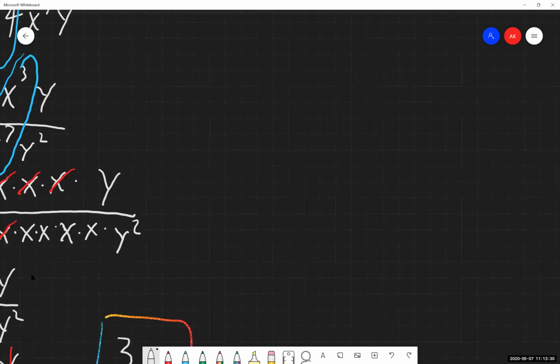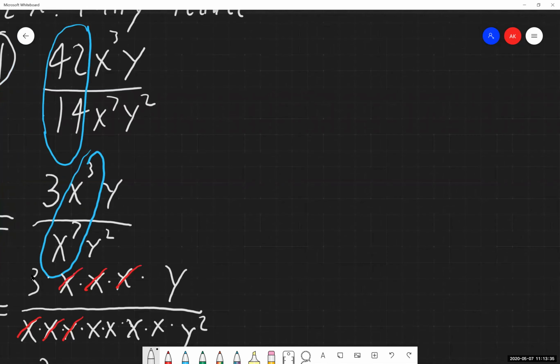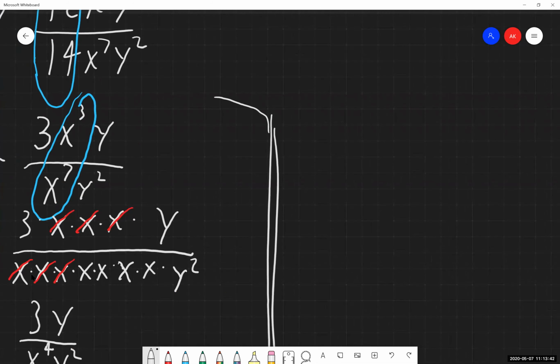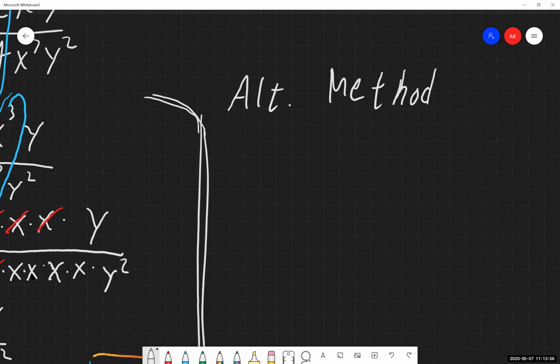Okay, we'll take a look at one of the other ways we can go through in solving these things. Actually, I'll just show you guys how you can work this out if you'd like to. So you can go through and write everything out in expanded form. You're welcome to do that. So alternatively, I'm just going to rewrite our original problem that we have. X to the 3rd.